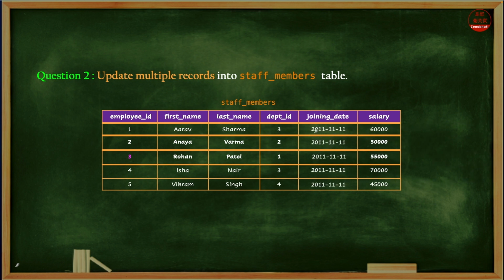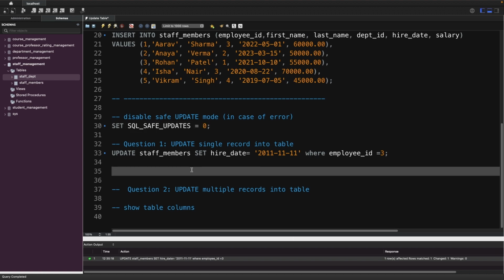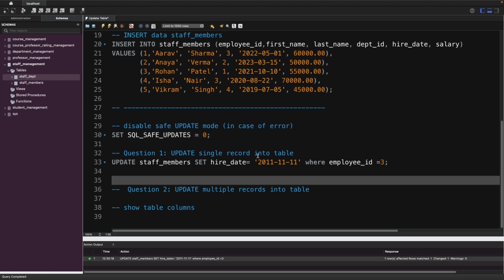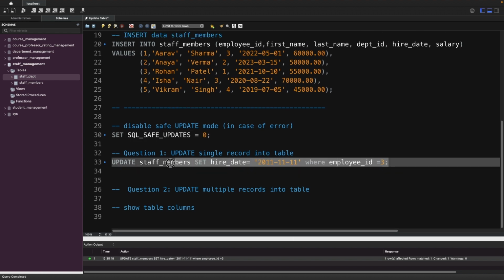We are going to update with 2011-11-11. Now, if you want to do multiple records, you can just copy this statement